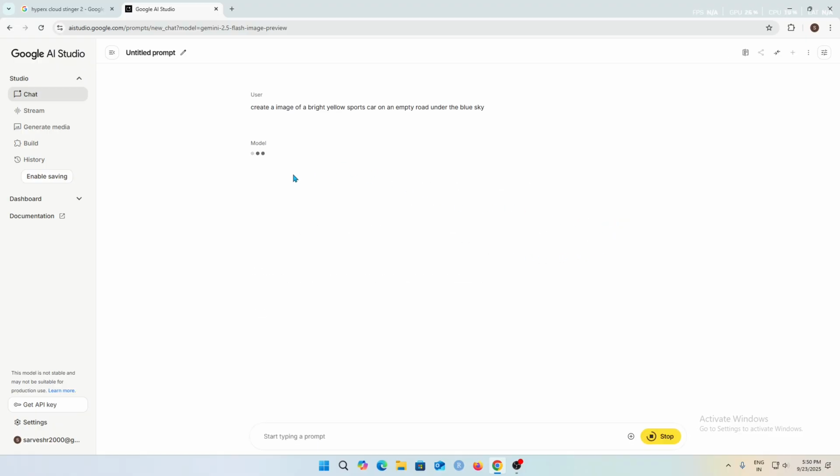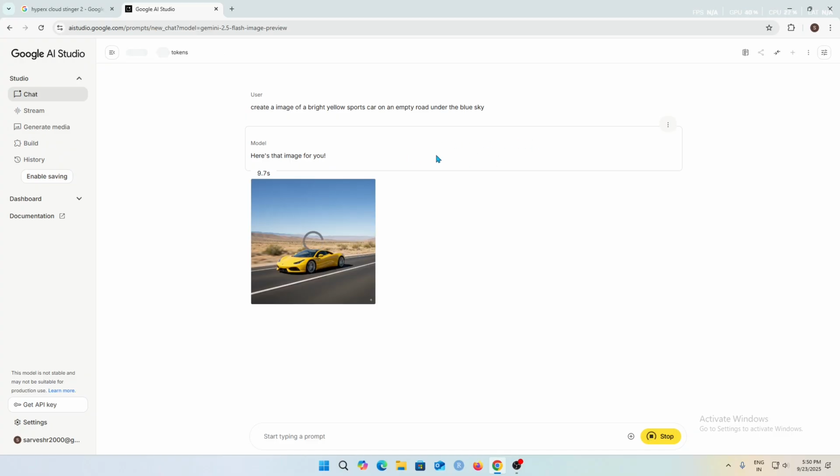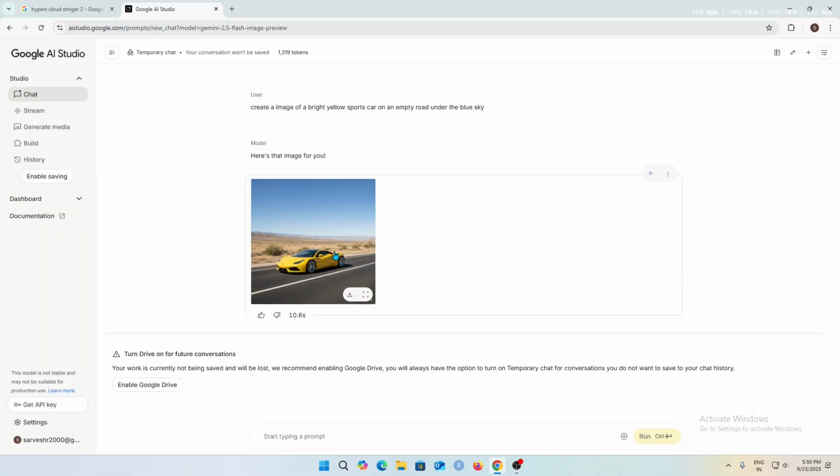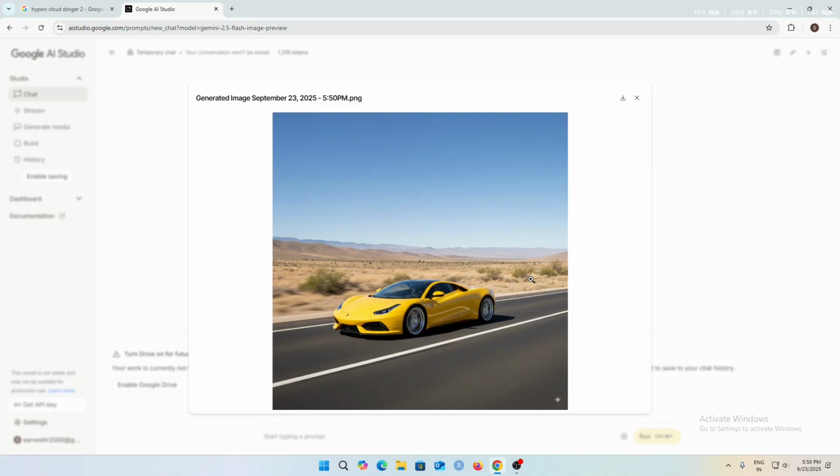So let's see how it does. It's gonna take a couple of seconds to create an image, and there you go. So it created an image which looks amazing,